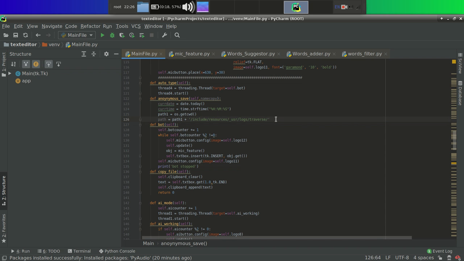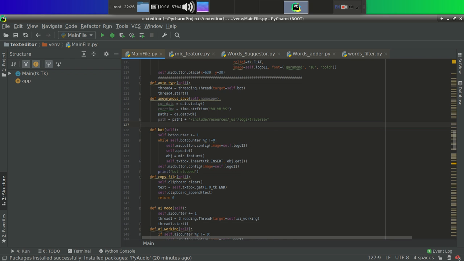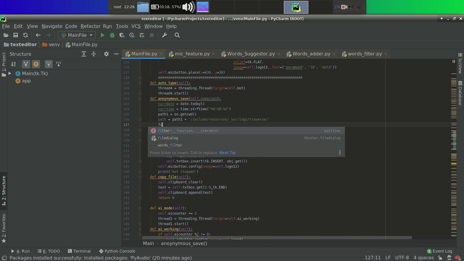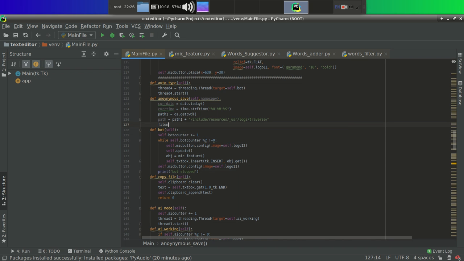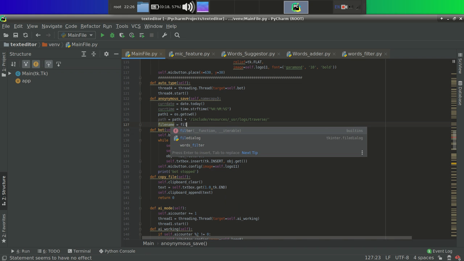So now let's add the file name, because we are saving a file in traverse and we should have a file name for that. File name equal to, actually path.